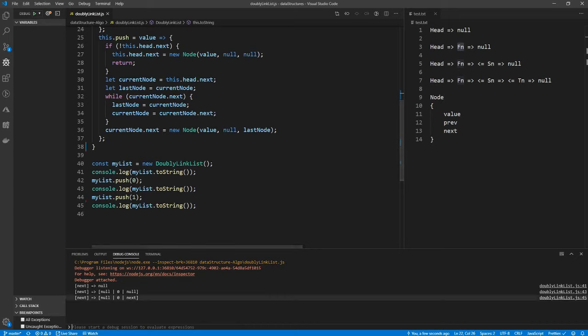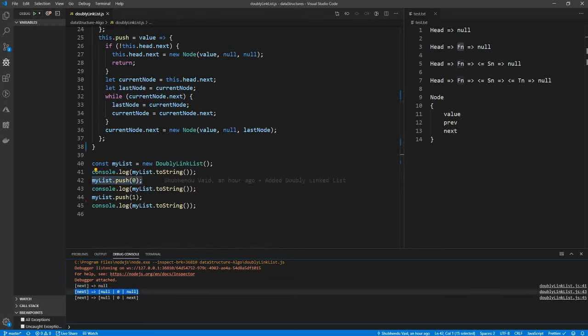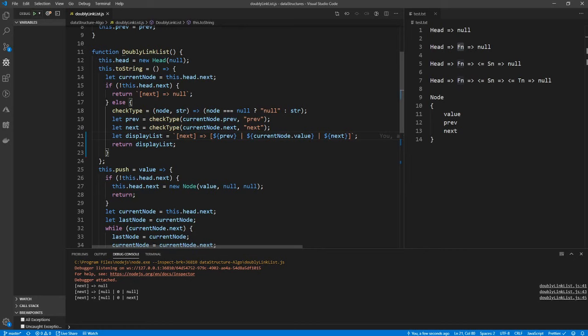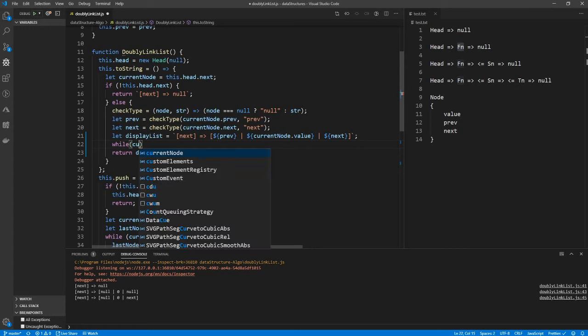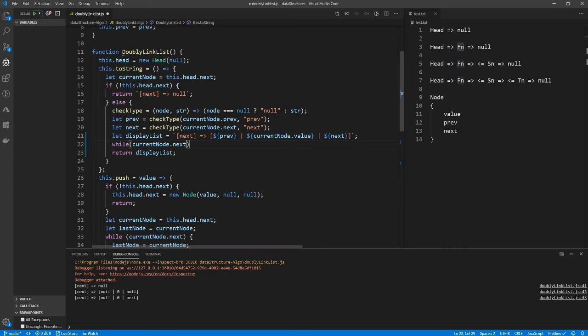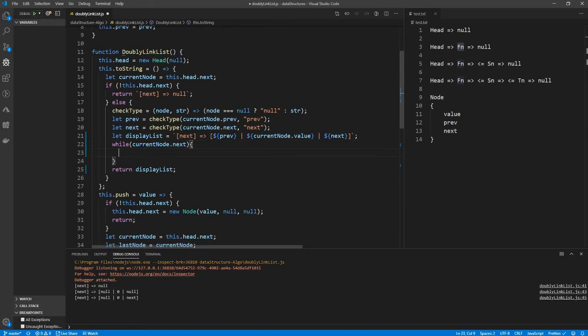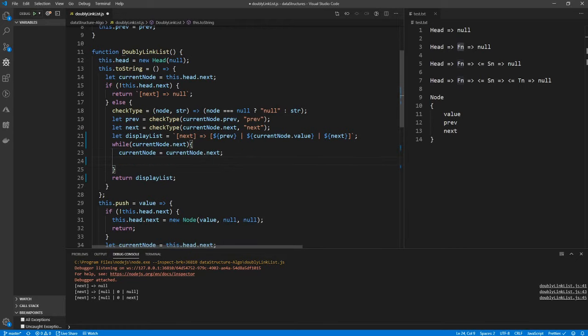Okay, so yes, next is null when our list was empty, when we had a zeroth value. So for previous it's null, for next it's null, right? And okay, this is not printed correctly because we have not iterated yet. So for iterating we would use similar logic. If current node dot next, current node is equal to current node dot next, and we would like